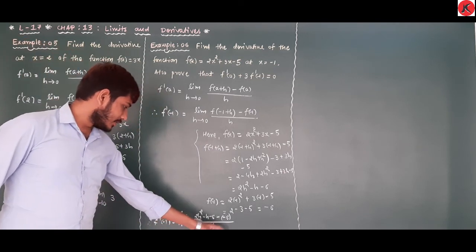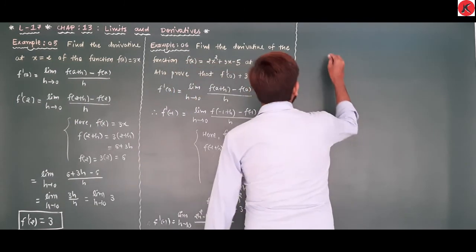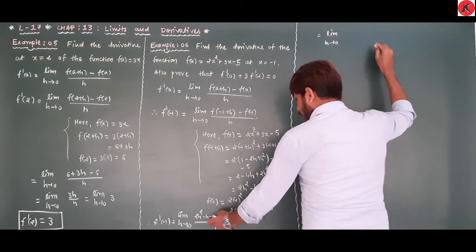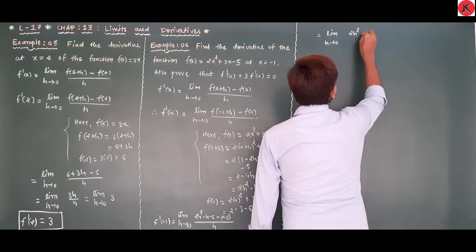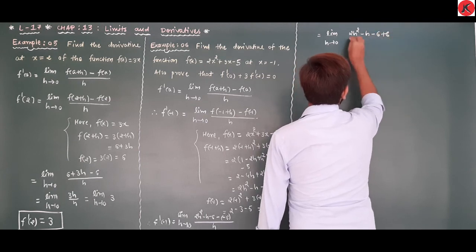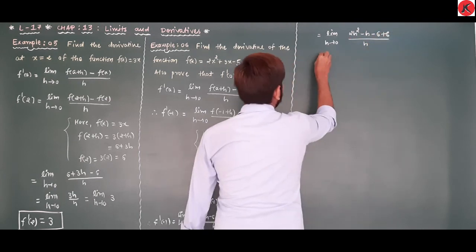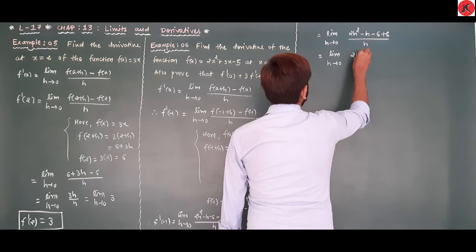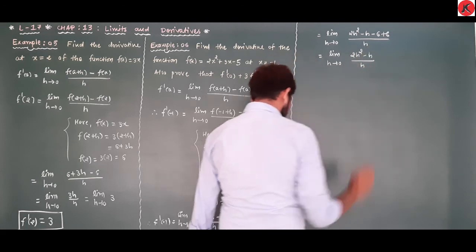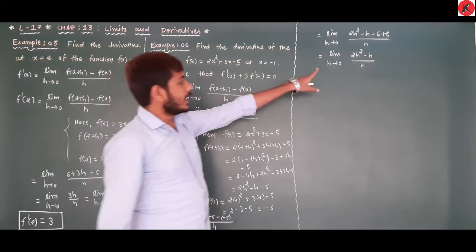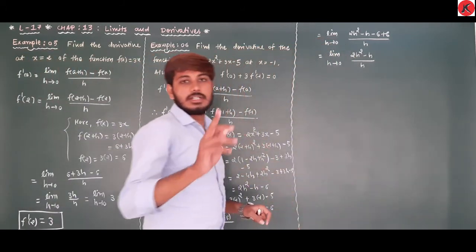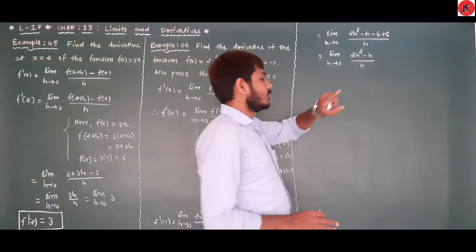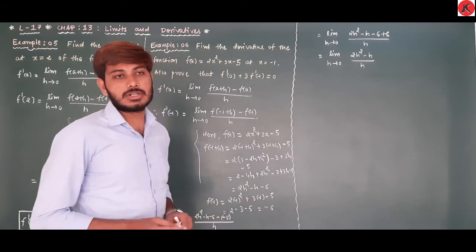Minus 6 plus 6 will cancel. Therefore we are getting limit h tends to 0 2h square minus h minus 6 plus 6 divided by h. Minus 6 plus 6 will get cancelled. Limit h tends to 0 2h square minus h divided by h. Now put the direct limit in the denominator. We will get denominator equals 0. Therefore first of all we have to remove the factor which is responsible to make the denominator 0, which is